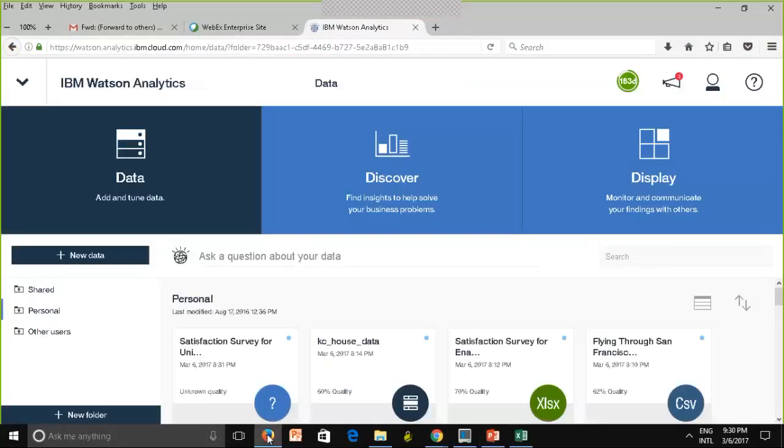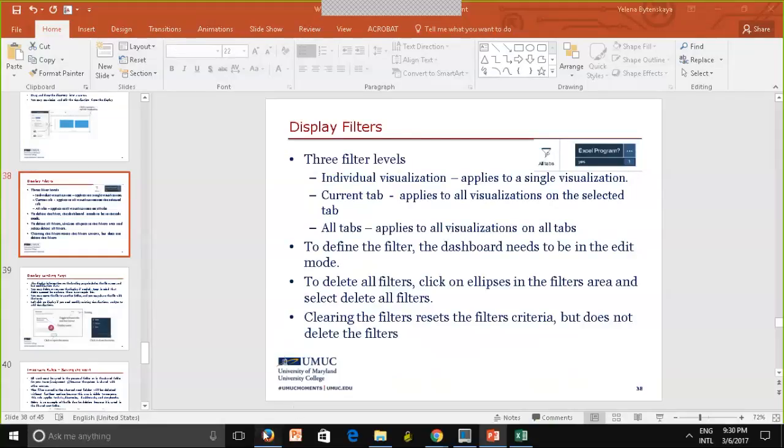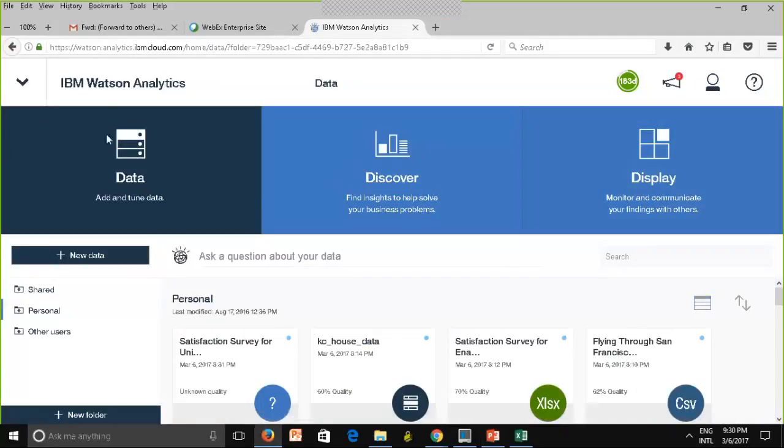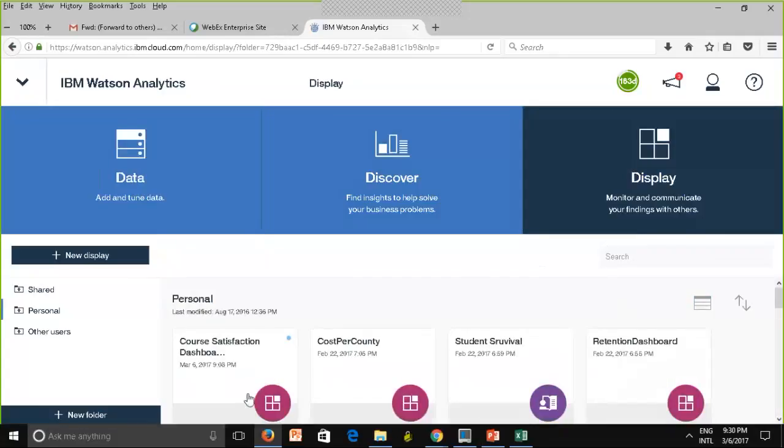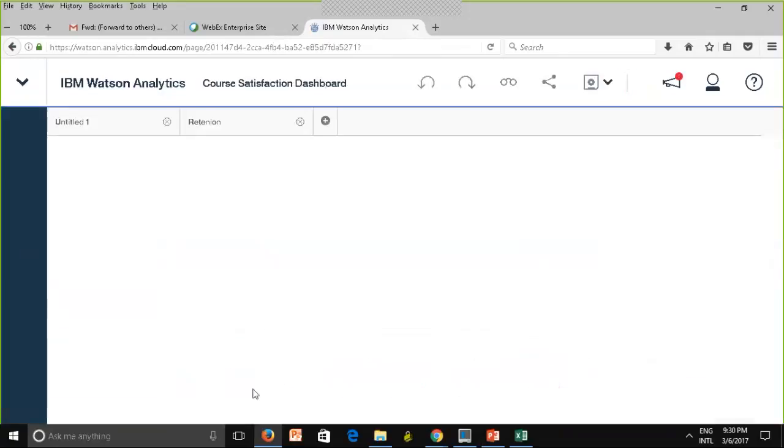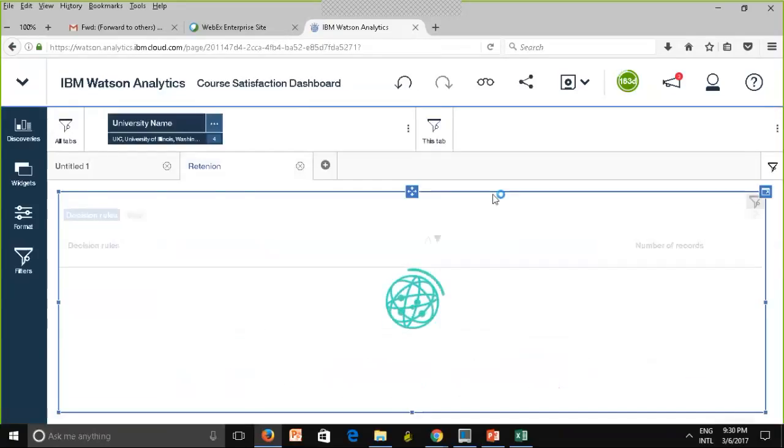And I went over how to do the filters, but I did not show you how to remove the filters. So if I'm going back to my displays, here it is, displays, right? And this is a course satisfaction dashboard. And if I click here, right, to remove the filter,